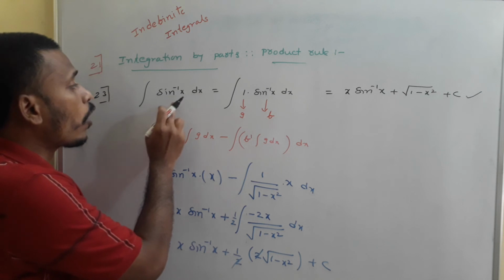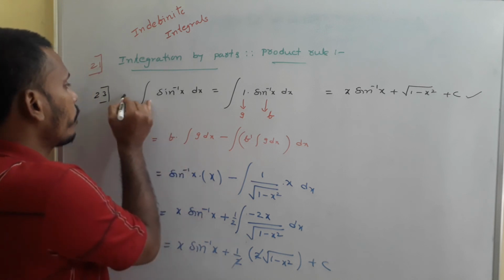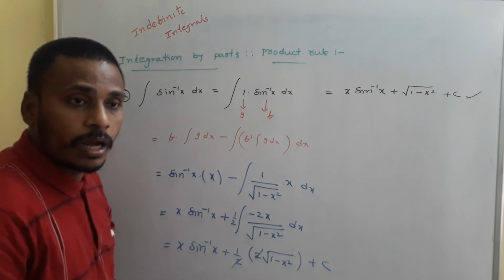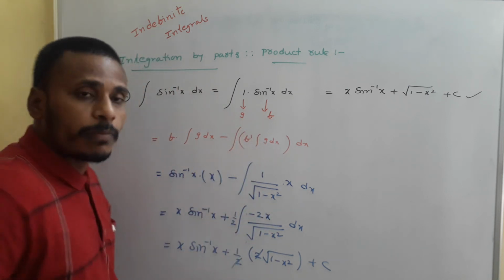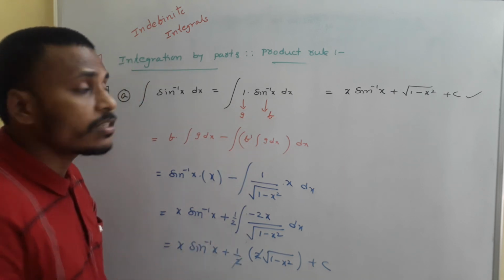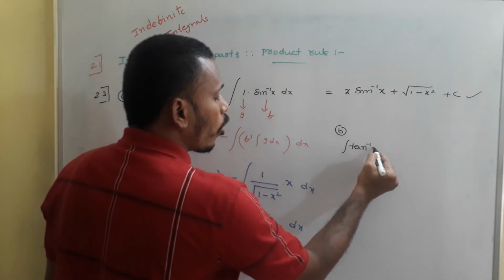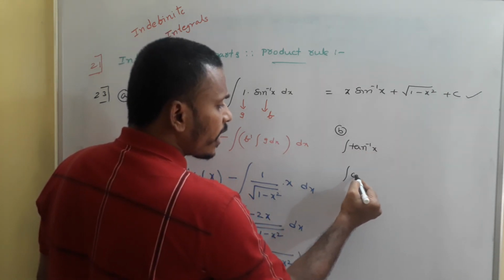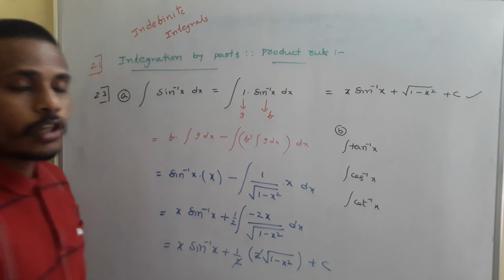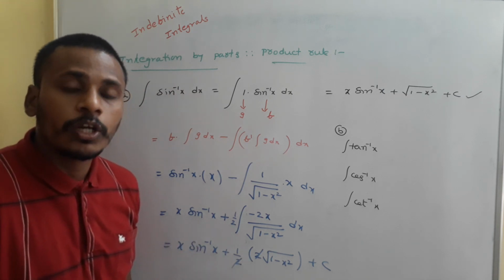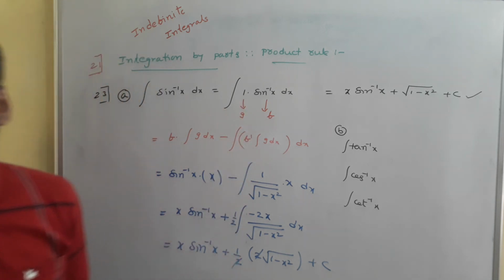Observe that. So integral of sin inverse x dx is x sin inverse x plus root 1 minus x square plus c. So you need to memorize this as a formula to answer some other problems. Not only this integral of sin inverse x, this integration by parts and this way of solving helps us in finding not only integral of sin inverse x, but also integral of tan inverse x, integral of cos inverse x, integral of cot inverse x, like that. So I will give you the list and we need to memorize all those things to solve the problems, and if anybody asks you for the proof, you need to proceed in such a manner using integration by parts.